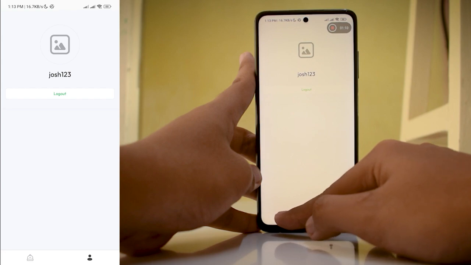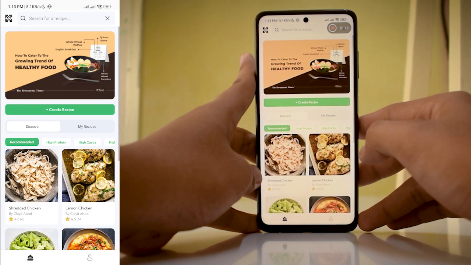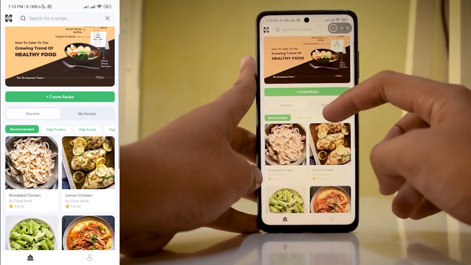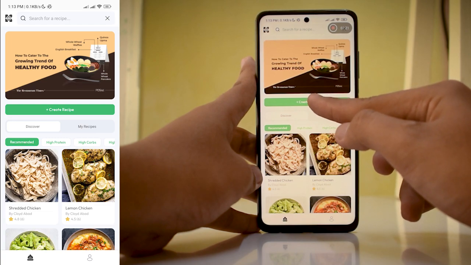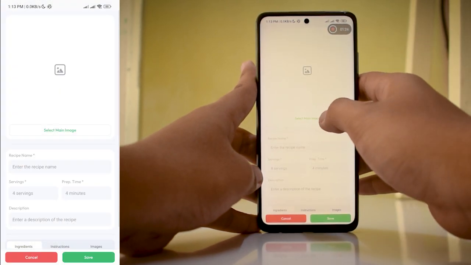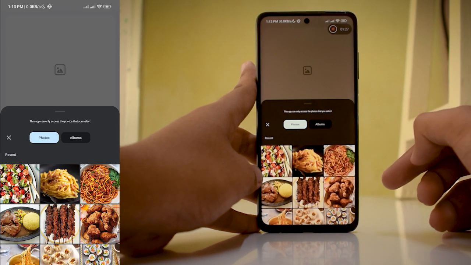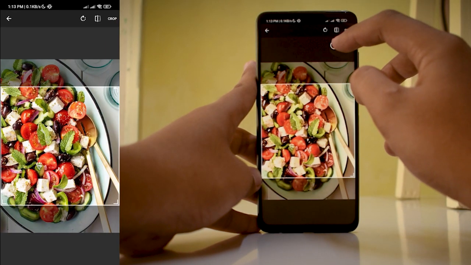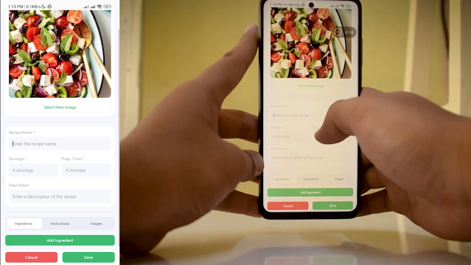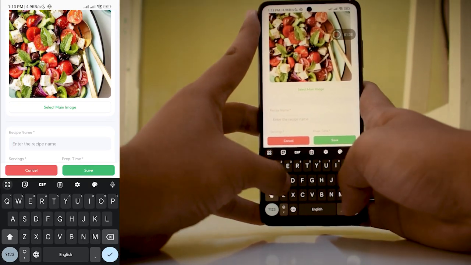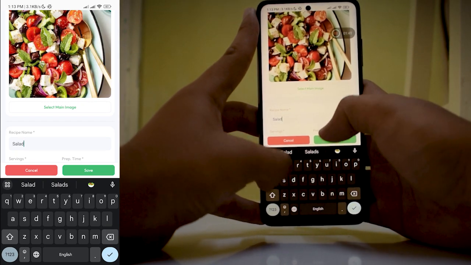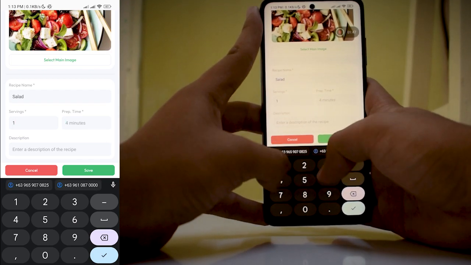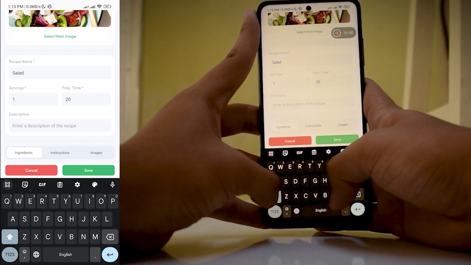So let's go back to the recipes page. And in the recipes page, obviously you can view other recipes, but you can also create your own recipe. If you click here, create recipe, and select an image for your recipe. So in this recipe, we're going to make a salad. So let's click on this salad pic and crop that. So recipe name, salad, and the servings, let's just put 1, prep time 20 minutes, description, healthy salad,